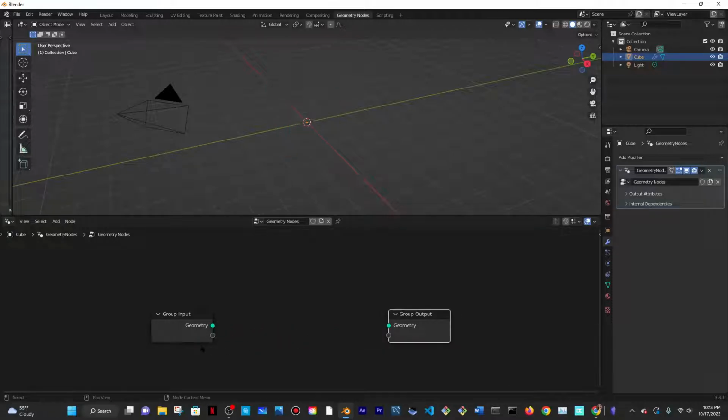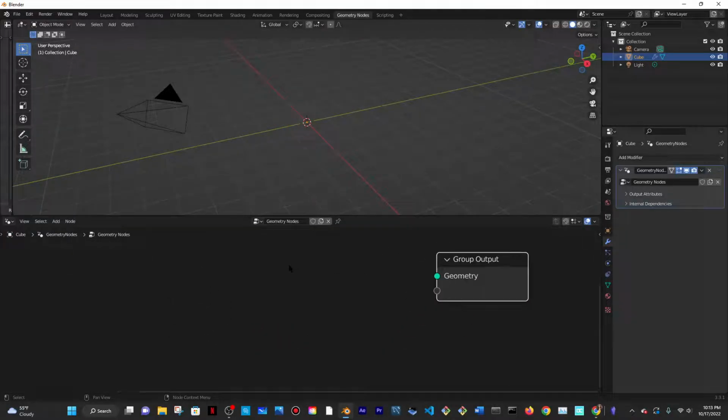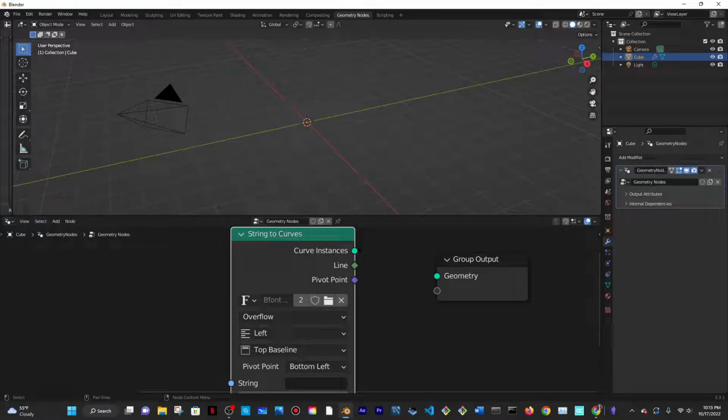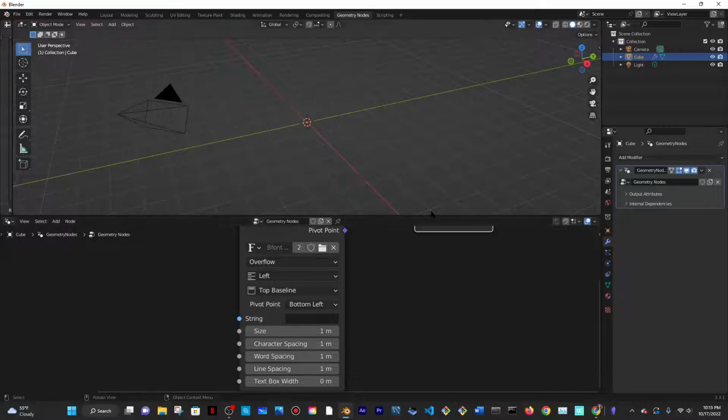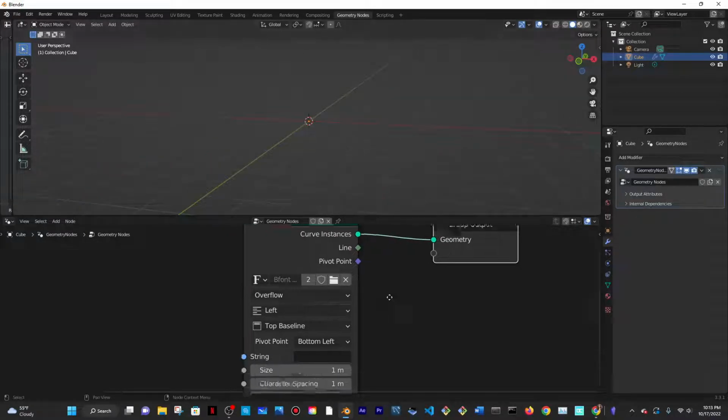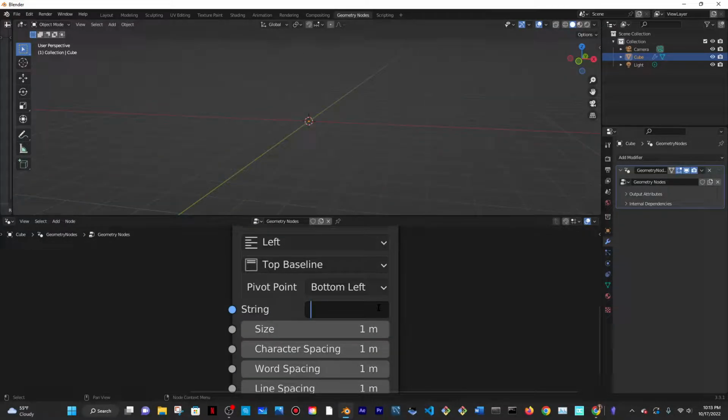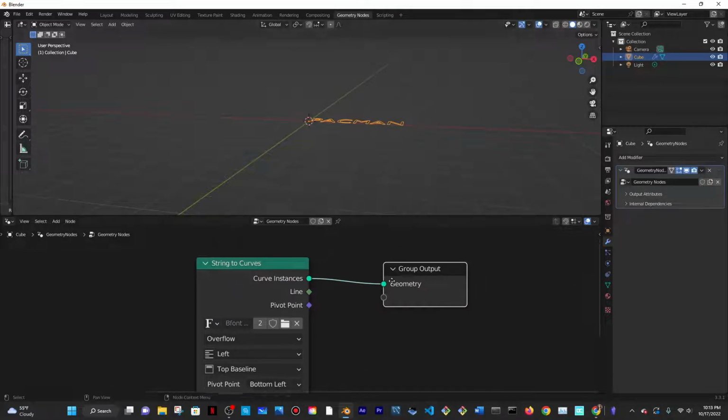And then I'm going to disconnect the input from the output, and then I'll do Shift A to get a String to Curves node and connect that curve instances to the geometry. Then nothing happens because I don't have anything set as my string yet. So I'll put in something like PACMAN, and then I notice that it's flat and I want it to be